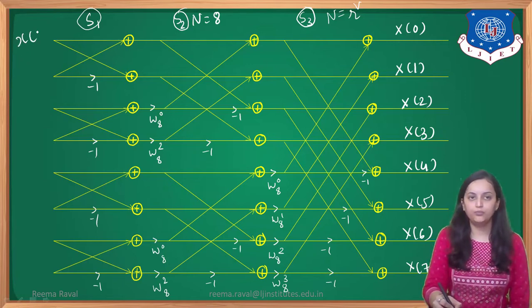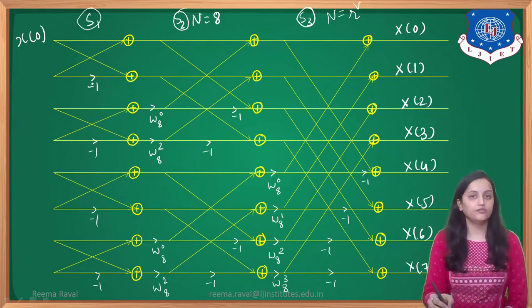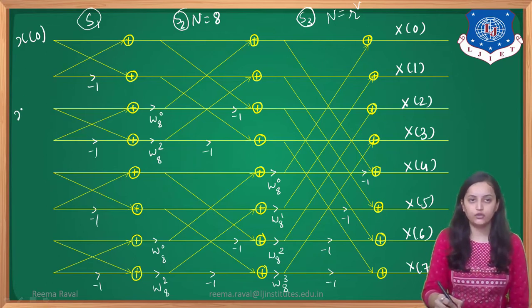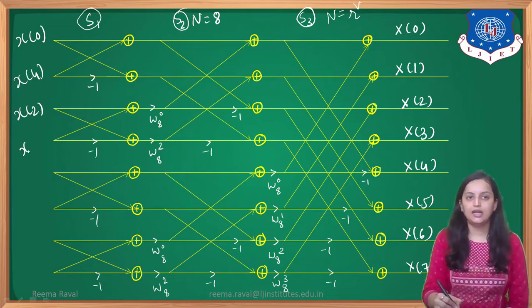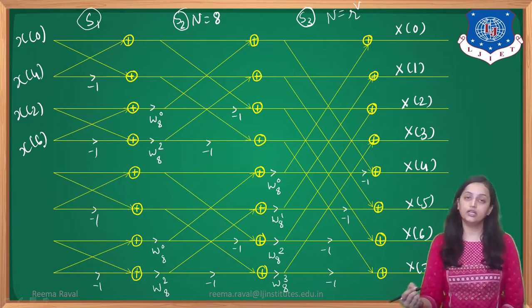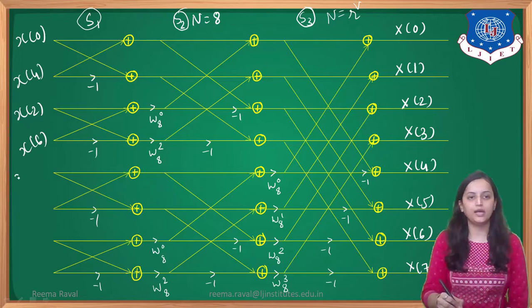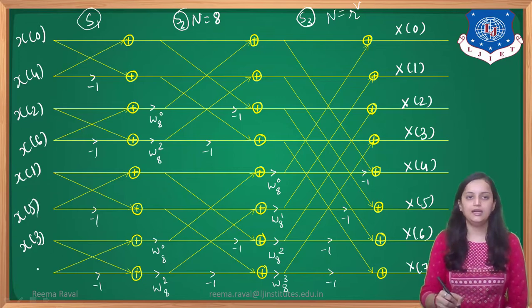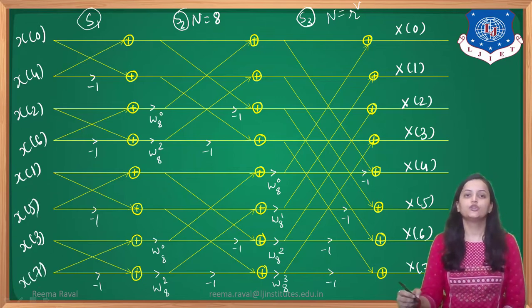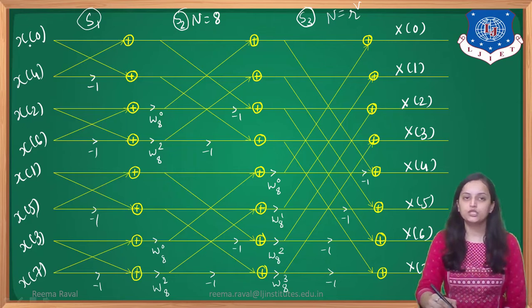So first of all, we need to place x of 0. And remember the order for this. Here x of 0, then next x of 2 is placed after this. Then x of 4 is placed over here. And then x of 6 is there. So the even values are placed like this. That means 0, then 2, 4 and 6. Same way for the odd sequences, we are going to place it like this: 1, 3, 5 and 7. Okay. So these are the input side parameters. Inputs are placed over here in this order. That must be remembered. Then this is given to stage 1.